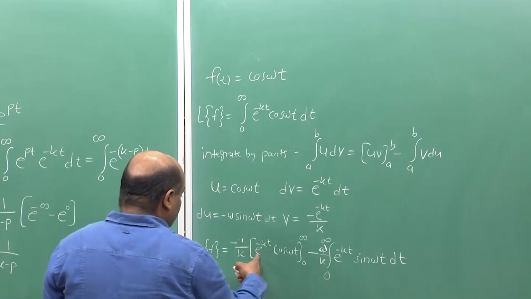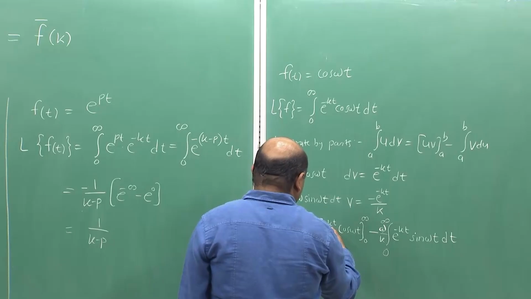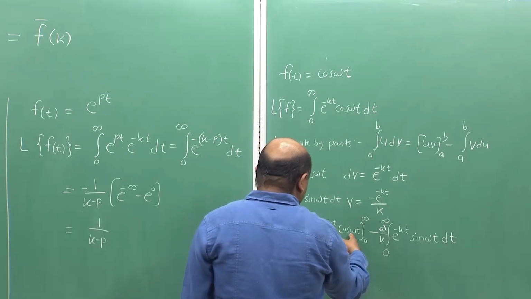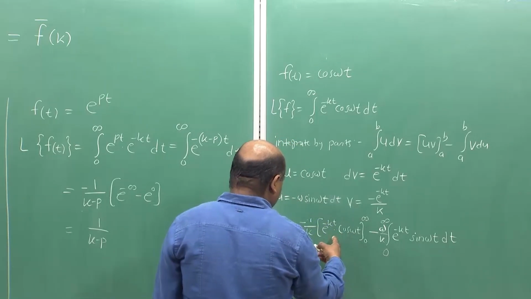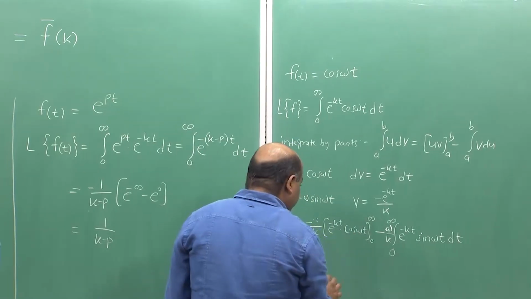So, e to power minus infinity is 0 and e to power 0 is 1 and cos 0 is also 1. So, this becomes 0 minus 1, which is minus 1. So, 1 by k